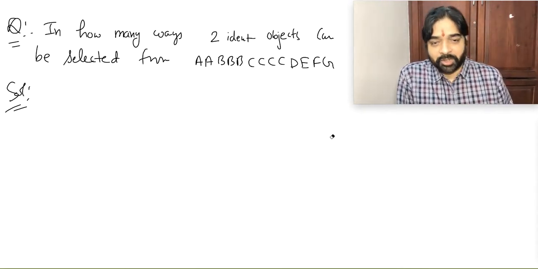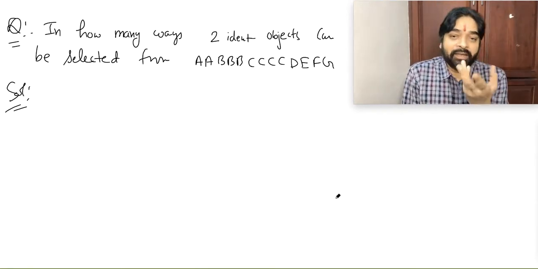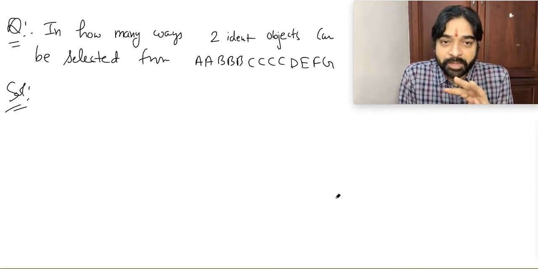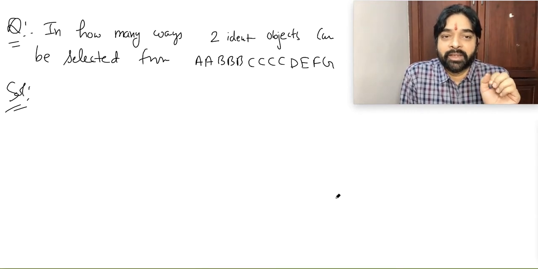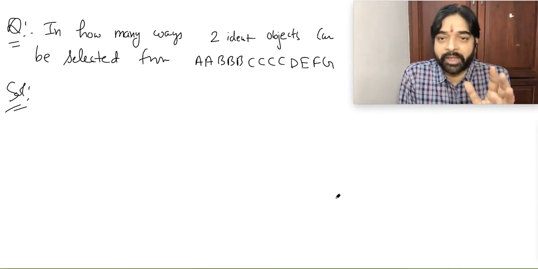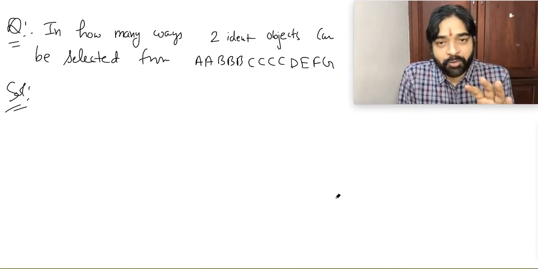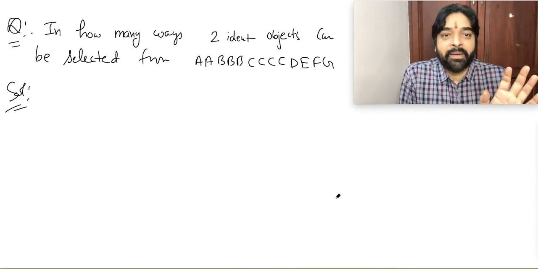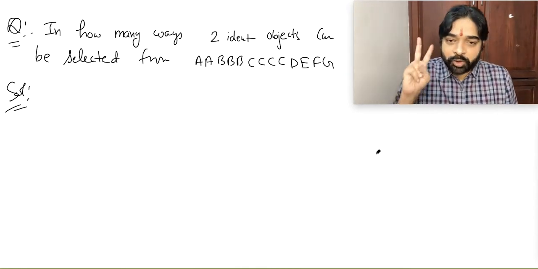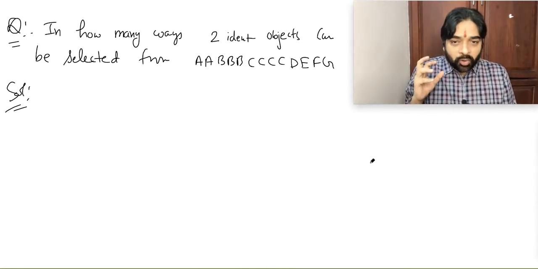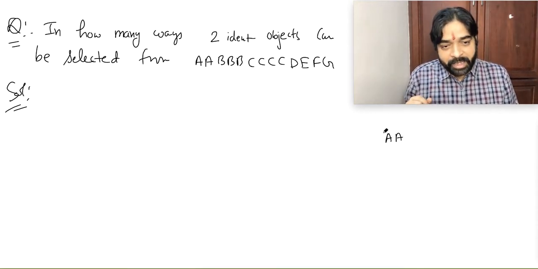I don't want to do it this way, because manually you can do it here, you can see and count it. In future, if there are so many cases, then it will be difficult. Let's try to do this question, selecting 2 identical objects, in a different way. Of course, this is a very lengthy, unnecessary way, but it will help you in future. Watch it. I want to select 2 identical objects. Ask which group can give you 2 identical objects. Give the name as a group.